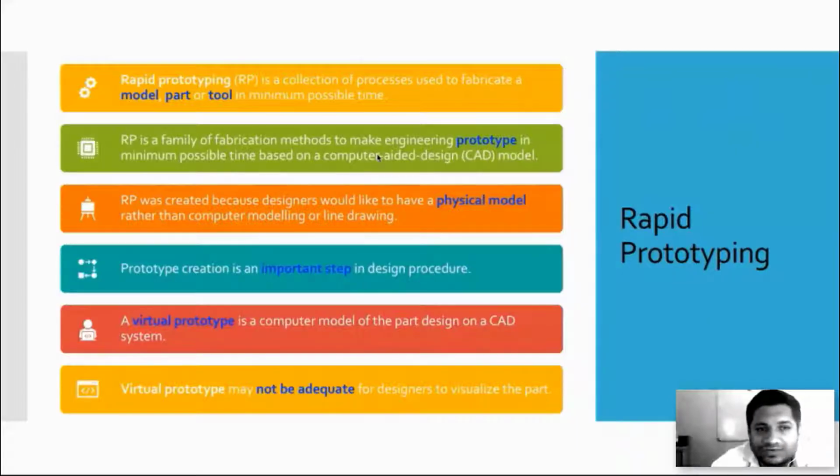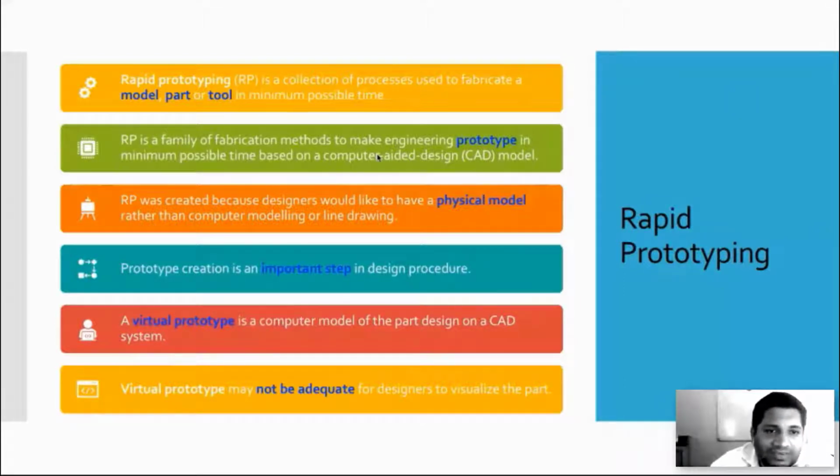So let's see what is rapid prototyping. Rapid prototyping is basically an early sample or a model that I want to release and market. So first I want to see for myself how it looks. I can do some testing on it also before I release it into the market. This process, called RP for short, rapid prototyping, is basically a process by which we can create models, parts, and tools.